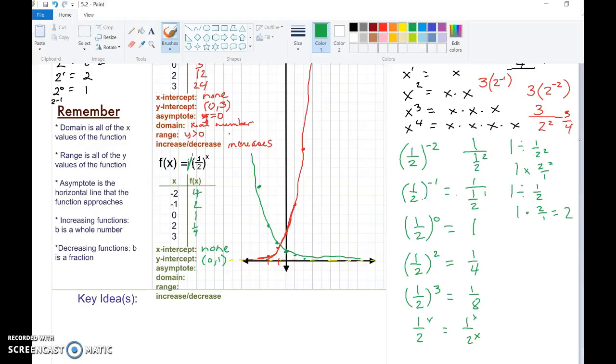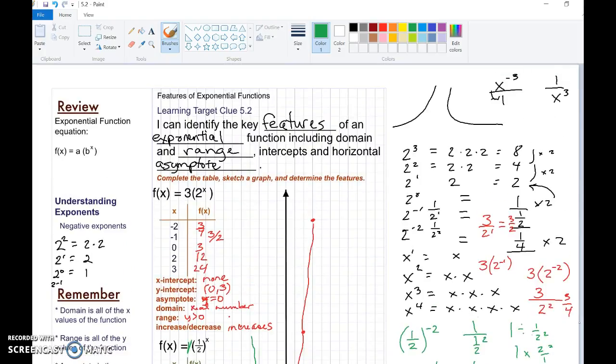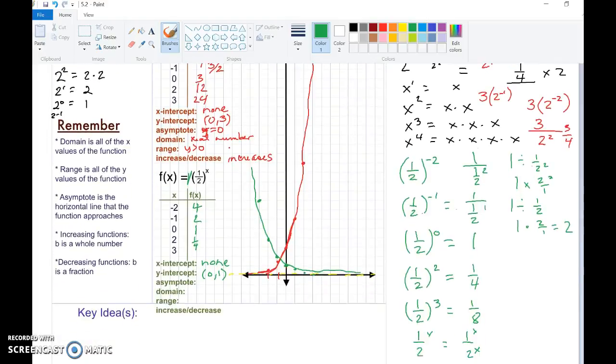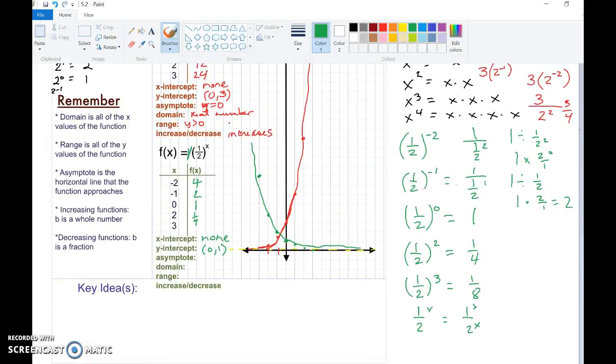That's where my exponential function crosses the y-axis. You can see up here that it crossed at 3, and that's because my a was 3, right? When x is 0, then the base becomes 1, and so whatever the a is,